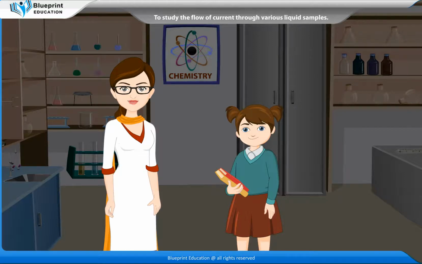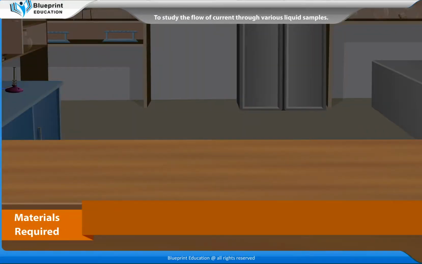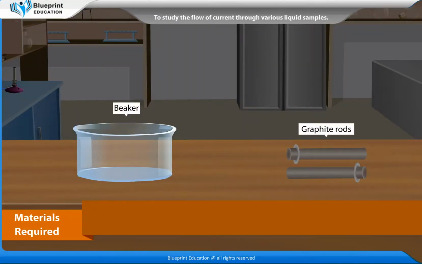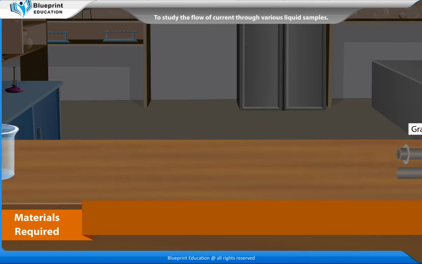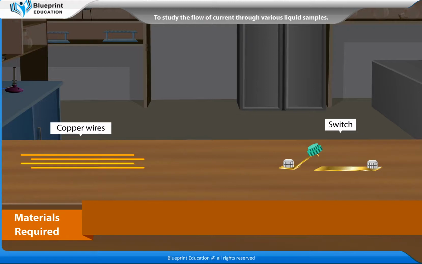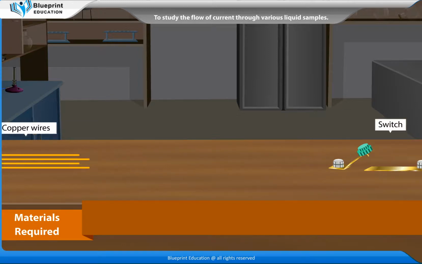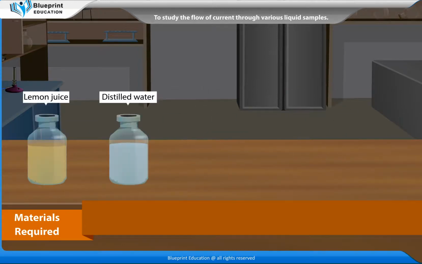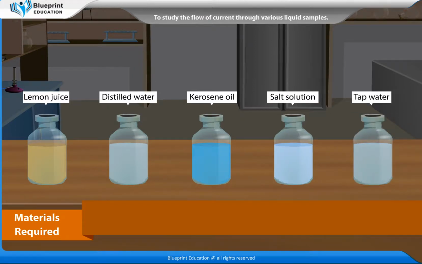Let's perform an experiment to study the flow of current through various liquid samples. The materials required are a beaker, 2 graphite rods, a torch bulb, a battery, copper wires, a switch, different liquid samples such as lemon juice, distilled water, kerosene oil, common salt solution, and tap